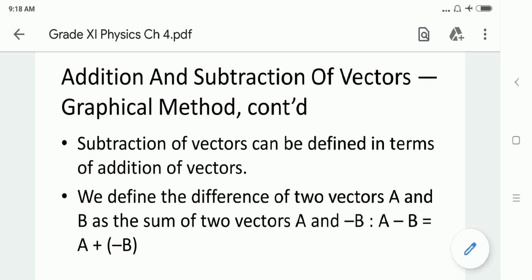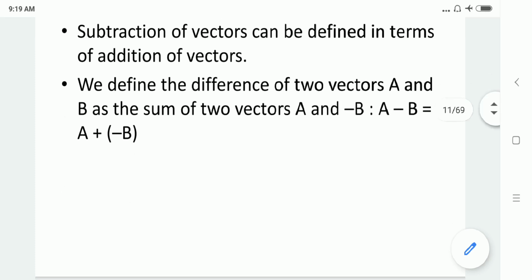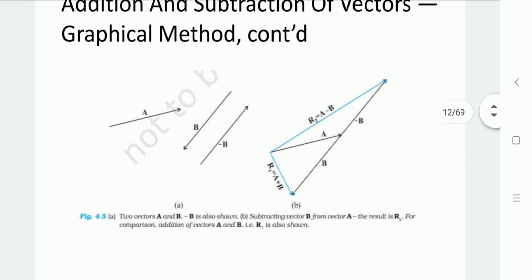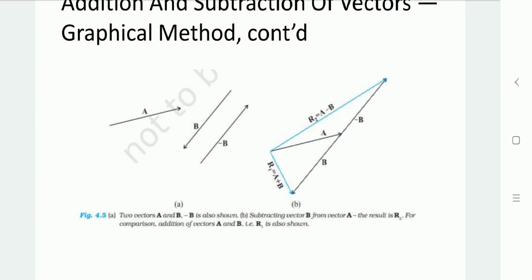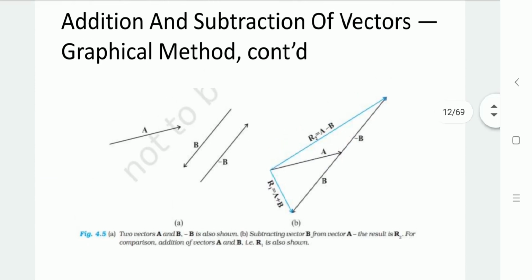Now add A plus minus B vector. So we have A minus B. The resultant vector will be carried out as A minus B. That you can represent over here with the diagram. Vector A, keep it as it is. Vector B, let us invert its direction and represent it as minus B. Keep its magnitude the same, just the direction will be opposite.